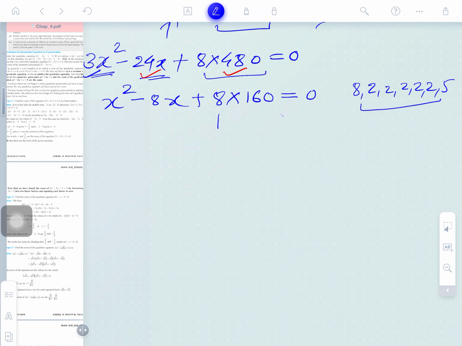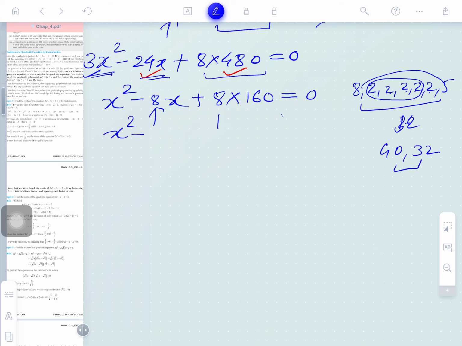These are the factors coming now, and to bring them to 8, how can we do this? 2 2s are 4, 4 2s are 8, 8 2s are 16, and 16 2s are 32. Together that gives 32, and 8 5s are 40. So we made the two factors 40 and 32, where their sum is 72 and their difference is 8.